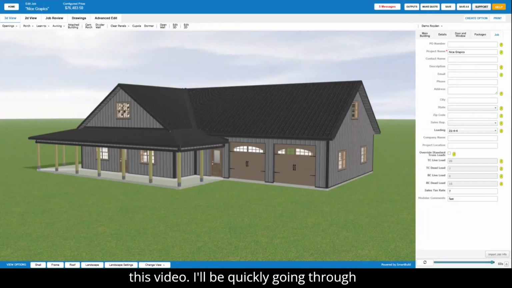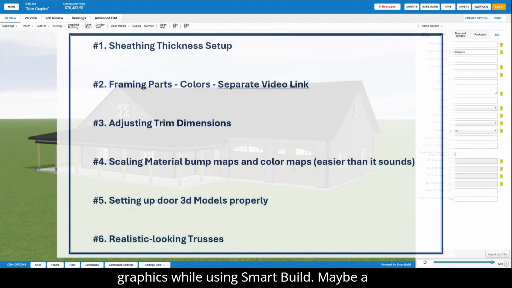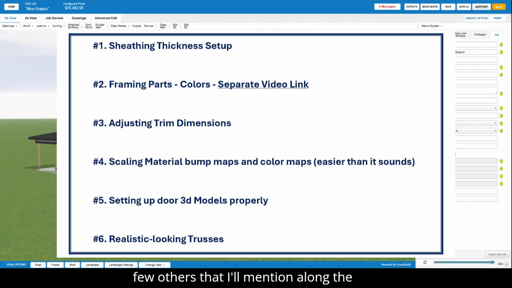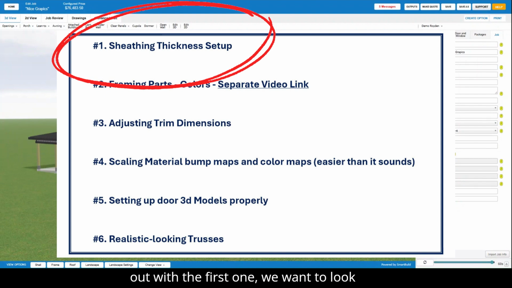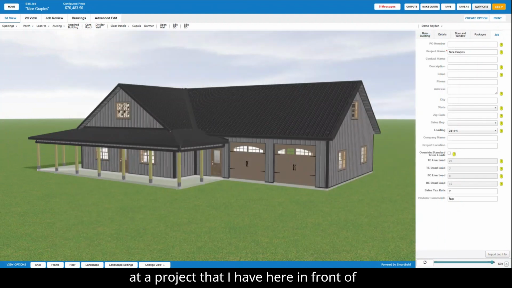I'll be quickly going through 6 tips to increase the quality of your graphics while using Smartbuild. Maybe a few others that I'll mention along the way, but it's going to be a quick video. Again, we'll get right to it. Starting out with the first one, we want to look at a project that I have here in front of